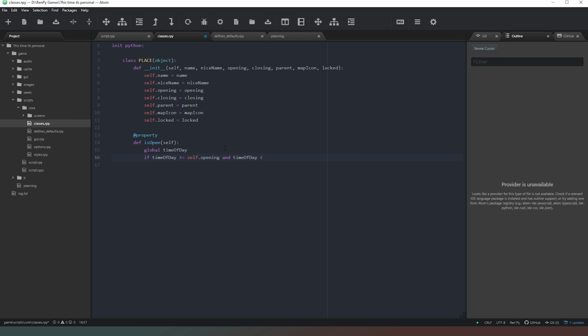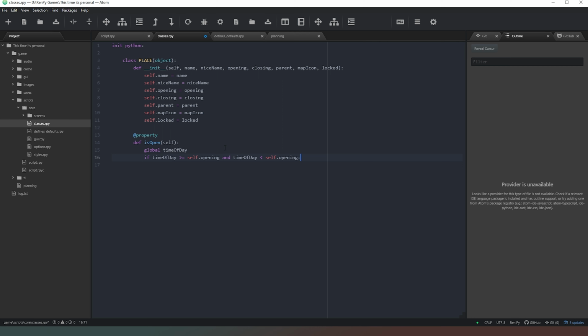Do we want now? That's an interesting question. So, do we want closing time to be inclusive of the time of day that we set it, or do we want it to be? So, if I said it shuts in the evening, is it open in the evening and shuts after evening finishes? Or do we want it so that it shuts prior to evening? I think I'm going to say less than